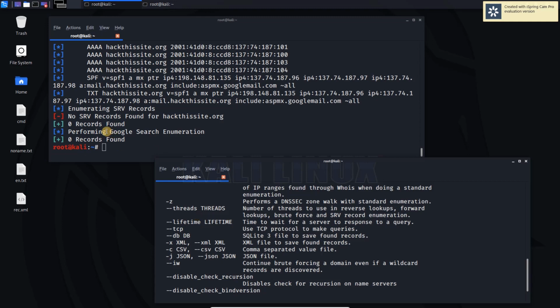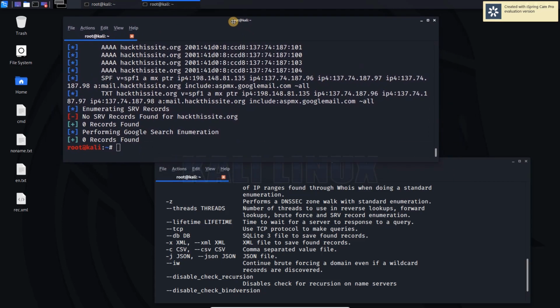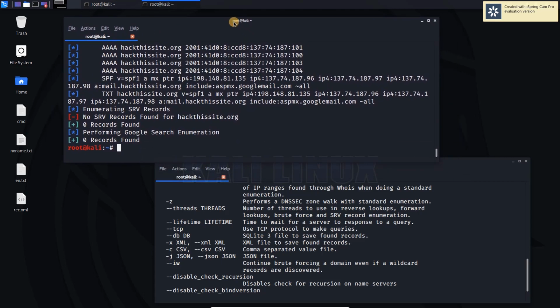We have found that zero records were found, but previously when we used DNS enum, we found various records in Google search. When we are doing pen testing we will be using all the tools, because all the tools give us different records.